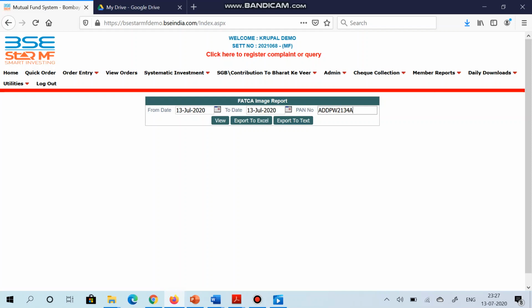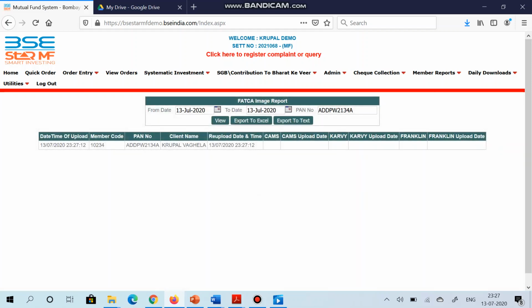Mention the PAN number and click on view. So as you can see, the details are showing over here. It means that my FATCA file has been uploaded successfully. Along with the date and time also, it is showing over here. So in this way you can do the FATCA of non-individual and HUF investor.